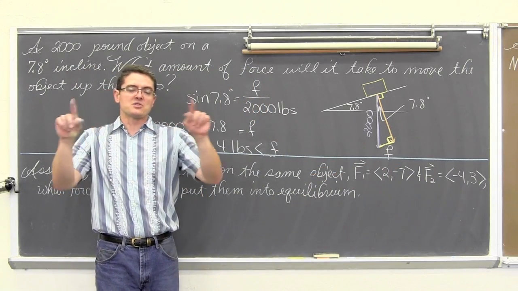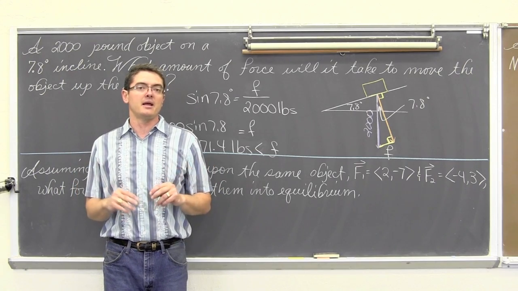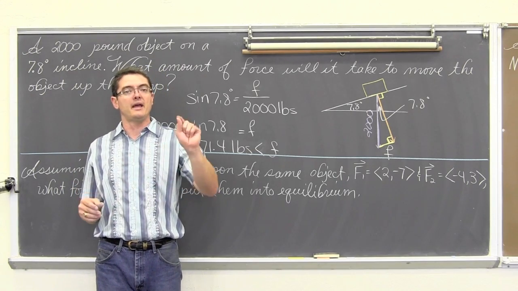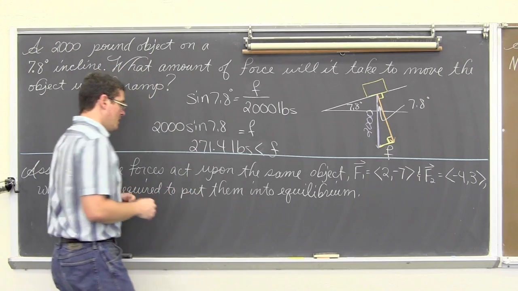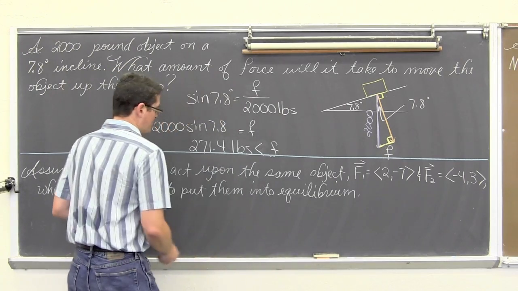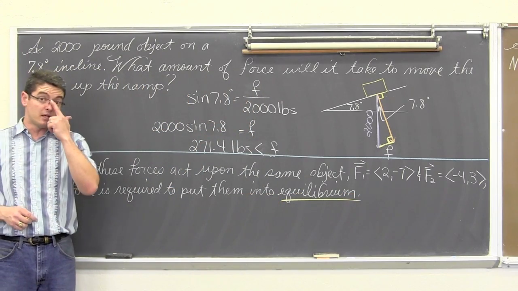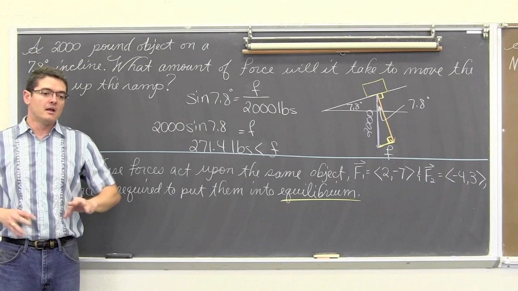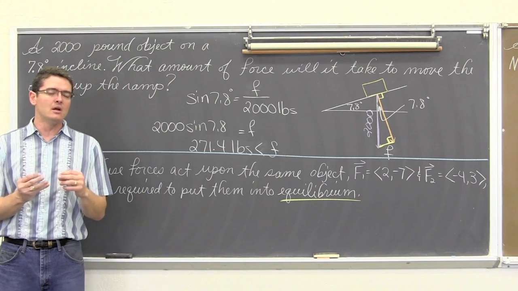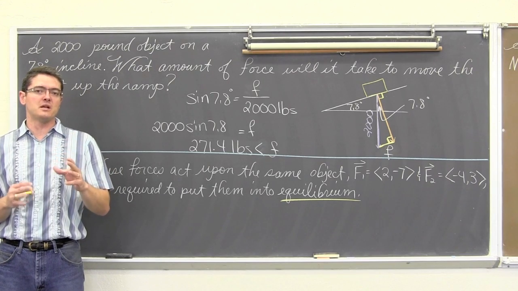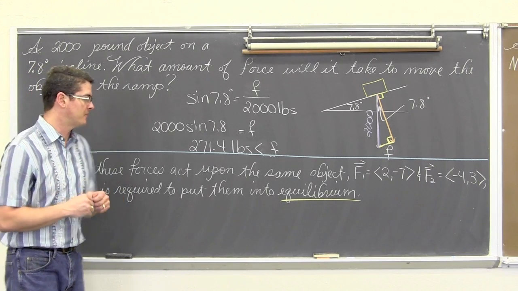The pointy brackets are just supposed to indicate the difference between plotting a vector and plotting a point: first of all, it's a ray, and secondly, you don't have to have the initial point on the origin. Well, what do we need to put those two vectors into equilibrium? Well, we need a third vector that when we add all three up, we end up with the zero vector, where there's zero force being applied in a horizontal or vertical direction.